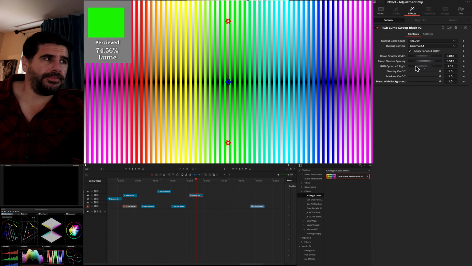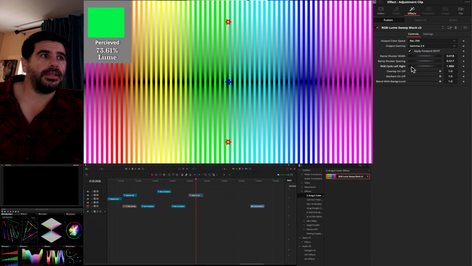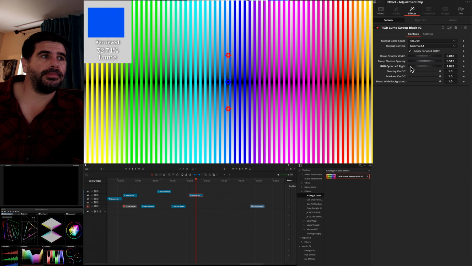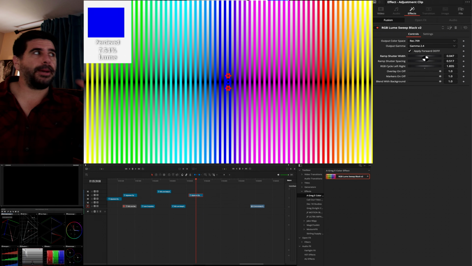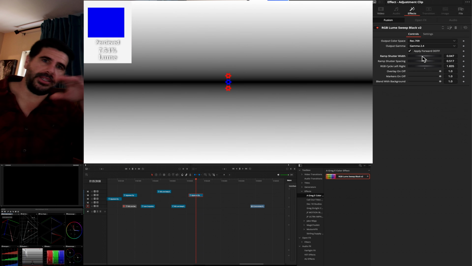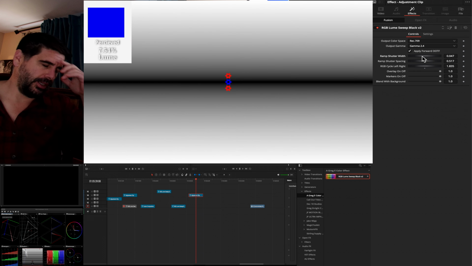But visually, this is playing a trick with your brain, and it's teaching you what this is, the perceived luminance. So if we scrub over here to blue in this RGB mixer, you can see our perceived luminance here is 7.54%. And we can turn this ramp on. And so what's happening here is off the center line of the image, we have